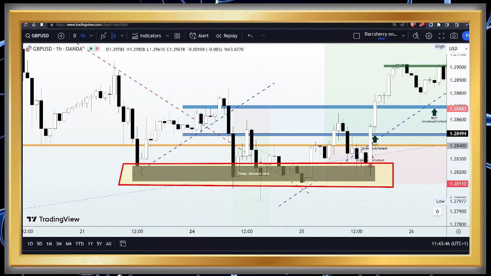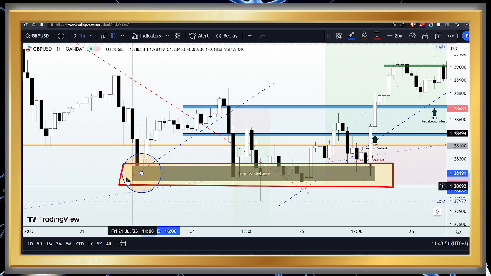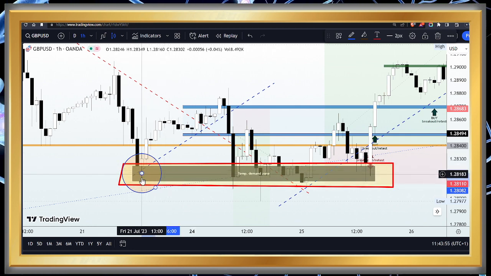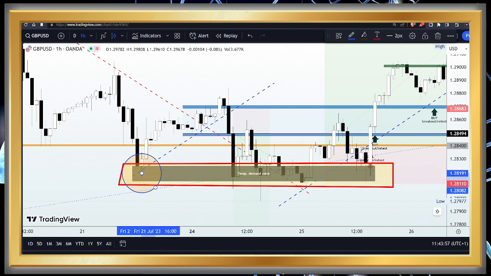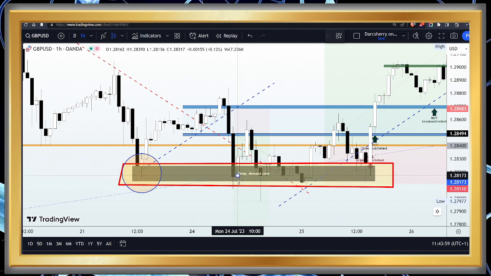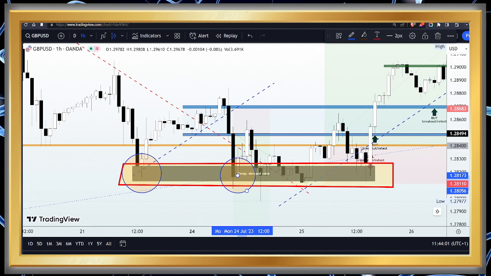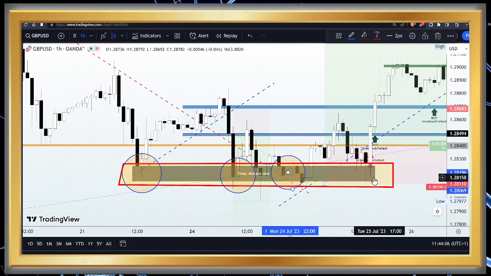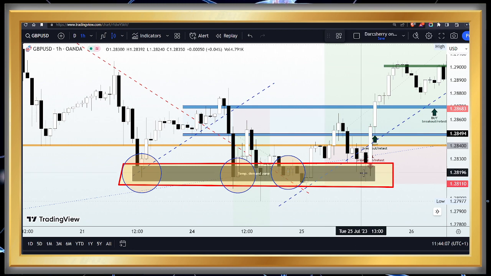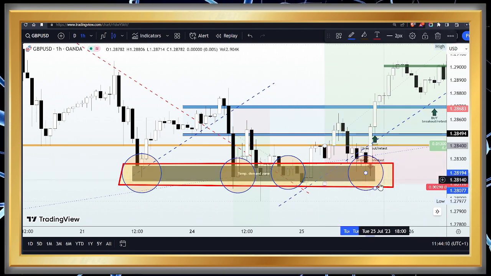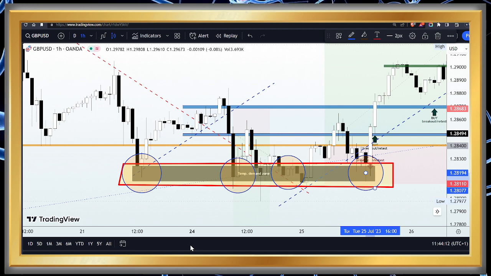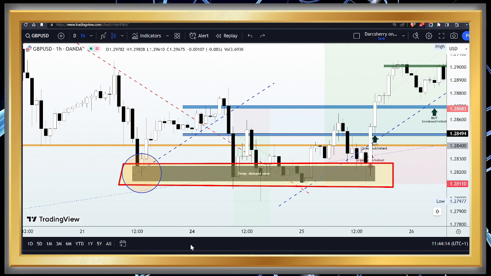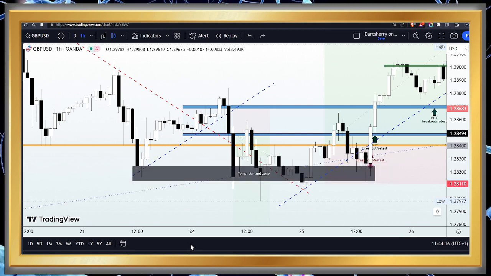So we saw what happened here last week Friday, where as soon as sellers got into this area, their attempt failed at every point in time. As you see, buyers come in to negate that potential. We saw the same thing also happen at the beginning of the week. We saw what happened right here during the later part of the New York session, and we saw another buy pressure around this area on Tuesday's trading session to further emphasize the strength of the buyers around this area.